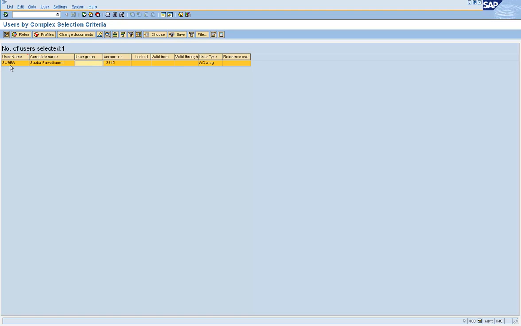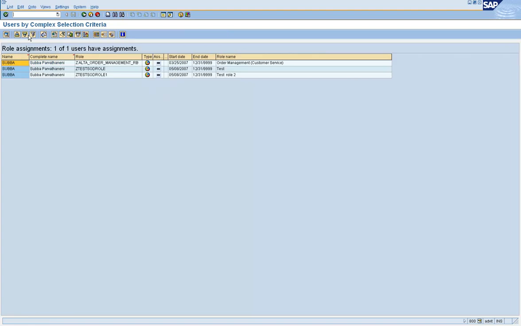Now when I select the user ID and click on this tab, it is going to tell me what roles have been assigned to this ID, Subha. Okay? And when it was assigned and till what period it is valid.